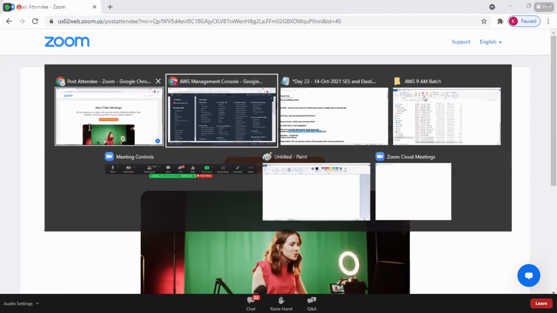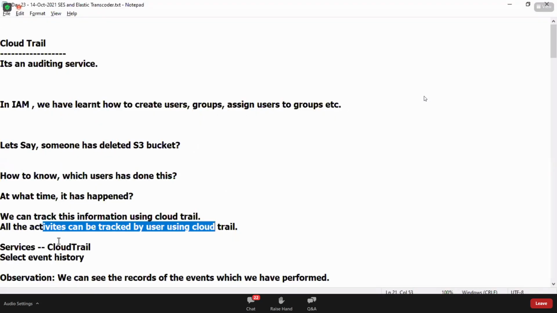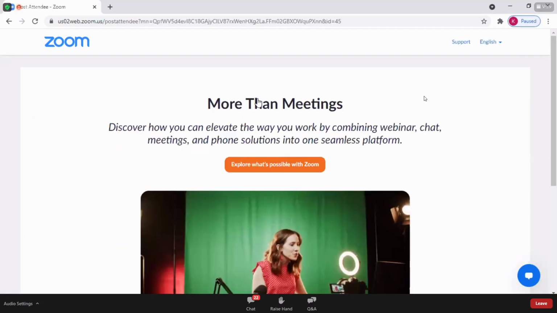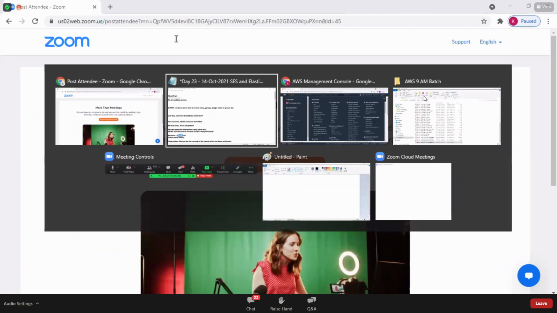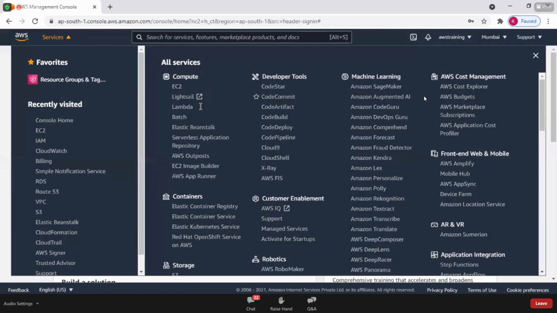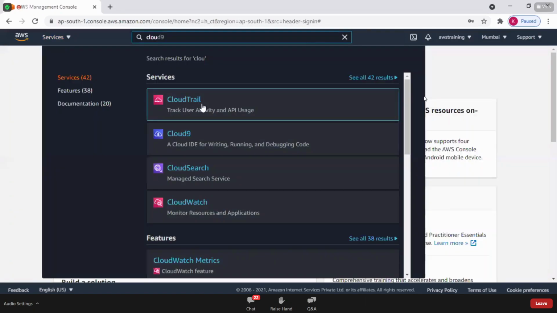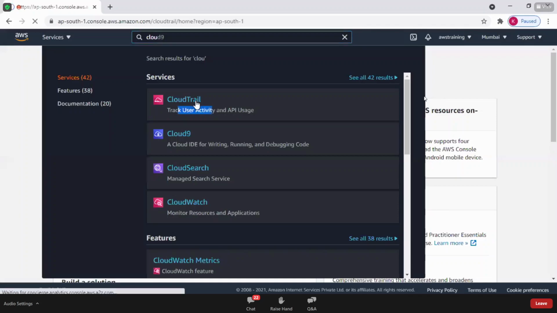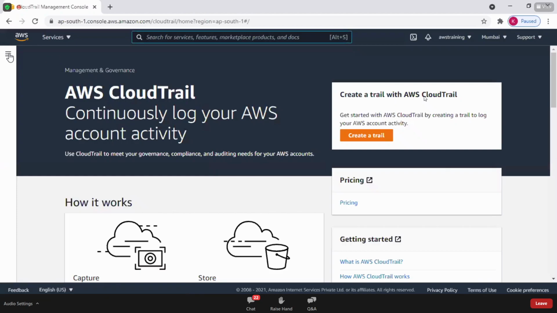Services, and we have CloudTrail. You can search for CloudTrail. Track user activity. Okay, so go to CloudTrail. So here, when you click on these options, we have an event history.